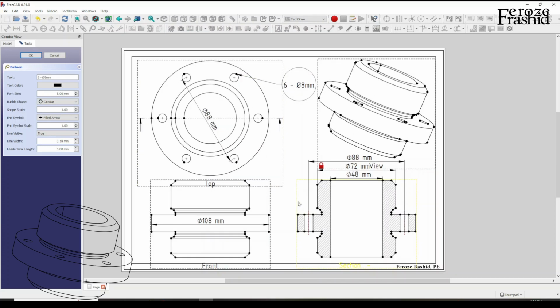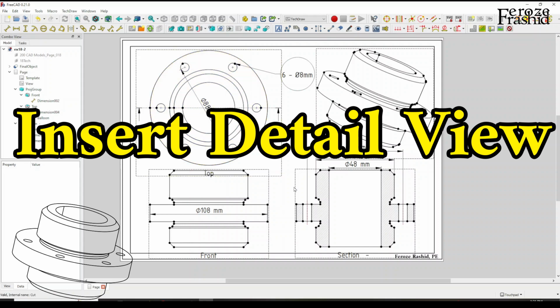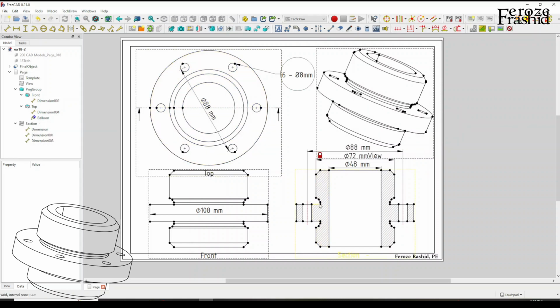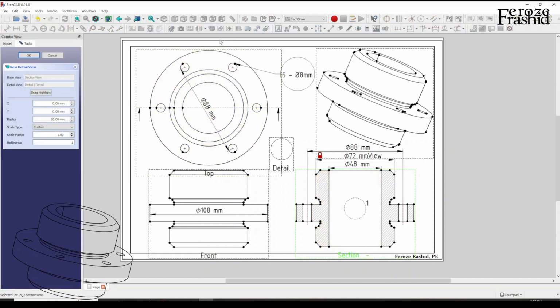Another thing I want to do, so that's the most basics of it, and I can keep doing all the dimensions, but I want to show another thing, which is this tool. It says insert detail view. We have this corner which has at least 4 or 5 dimensions that I want to blow up a bit more. So what I want to do is select this view and come here and press that detail,